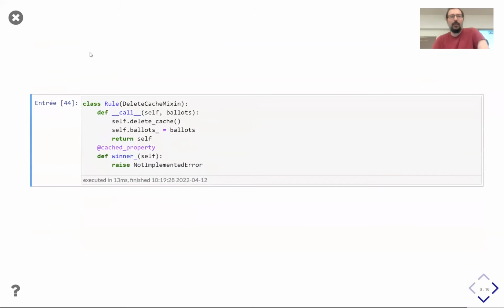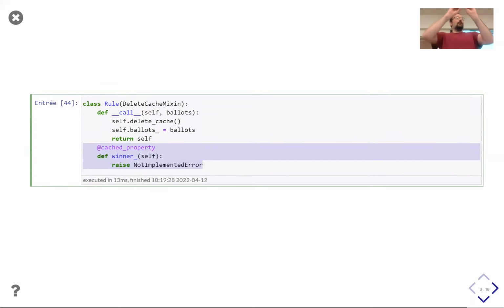And it's very convenient to use because in the init, you will have the general parameters of the voting rule. In the call, you will have the input, so the ballots themselves, and all the intermediate results that you want to compute, you do it with cache properties.